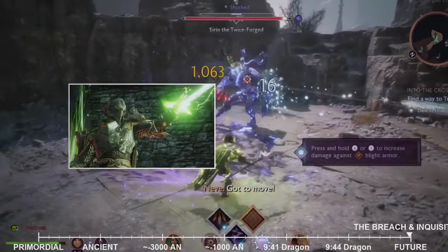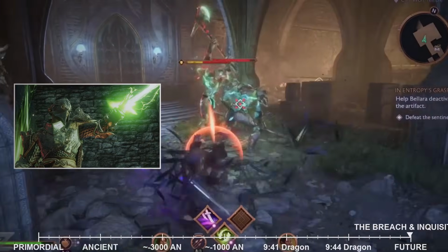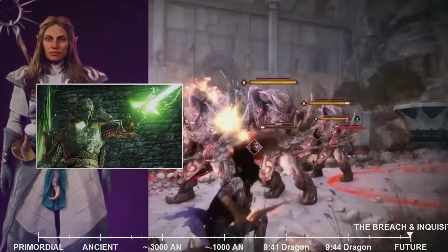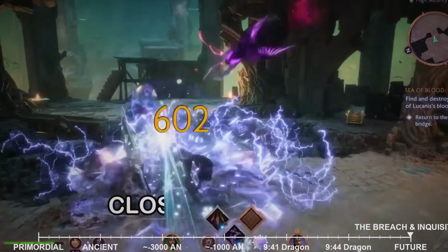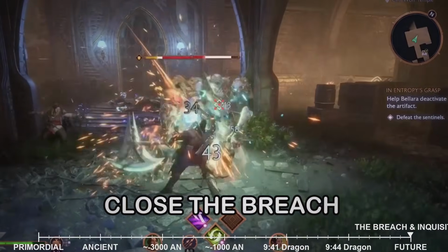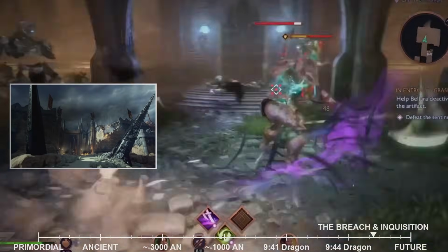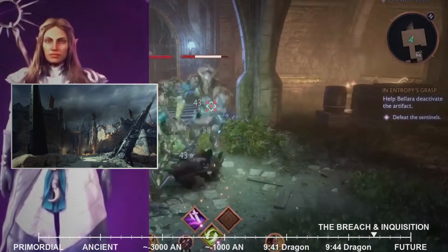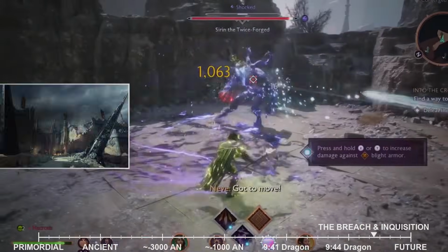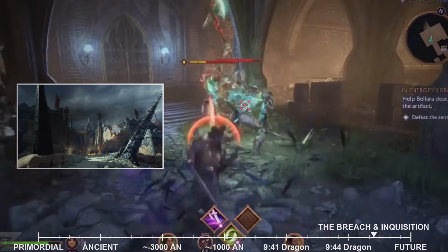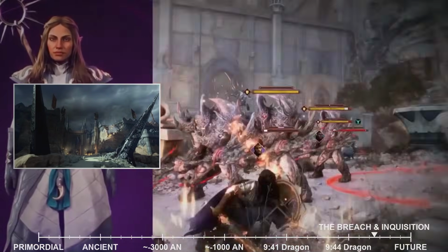With the High Dragon defeated and Corypheus's forces scattered, the Inquisitor, using the power of the mark on their hand, was finally able to close the breach, the massive tear in the sky that had plagued Thedas for months. The sky above Adamant Fortress, once a swirling vortex of green energy, slowly began to knit itself back together, the demonic incursion ceasing, and a fragile sense of hope returning to the war-torn land.